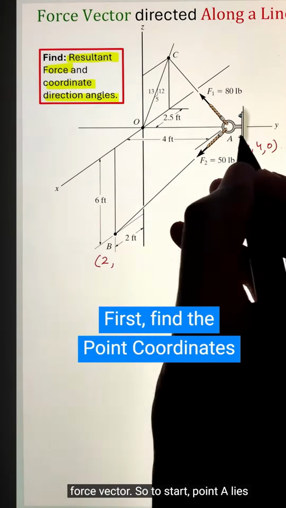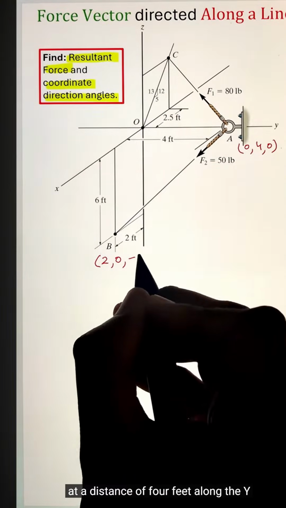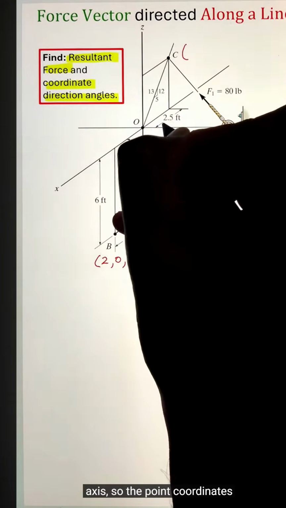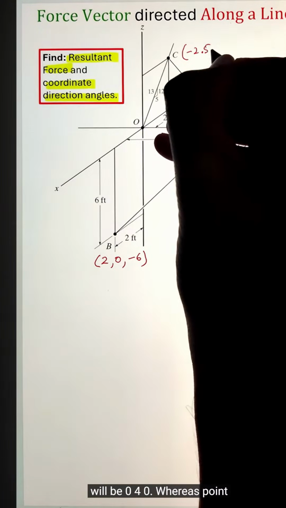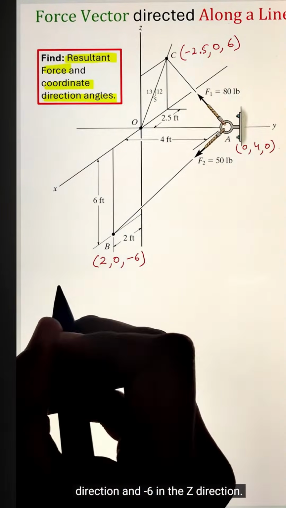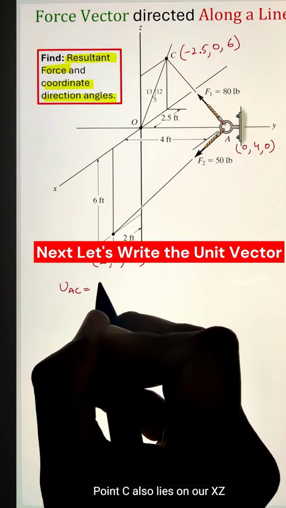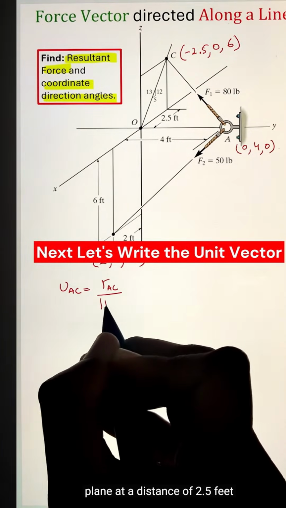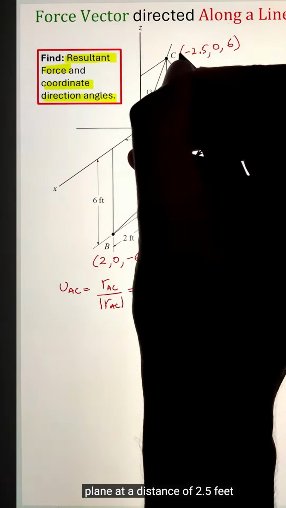So to start, point A lies at a distance of 4 feet along the y-axis, so the point coordinates will be 0, 4, 0, whereas point B lies at a distance of 2 feet in the x direction and -6 in the z direction. Point C also lies on our xz plane at a distance of -2.5 feet, whereas the